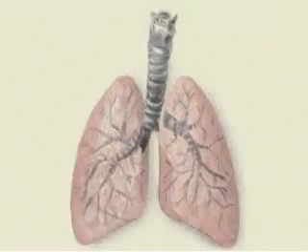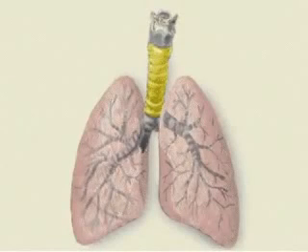Asthma is a condition characterized by breathlessness and wheezing. To understand how asthma causes shortness of breath, one must look at the normal respiratory system. Air enters the lungs through a large tube known as the trachea, which is supported by concentric rings of cartilage